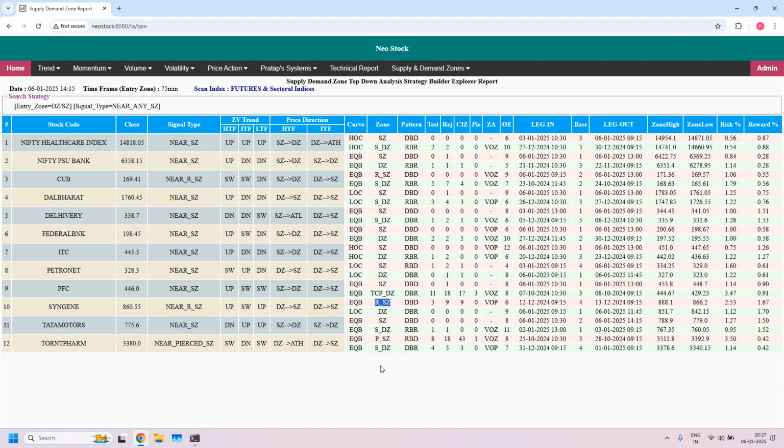We have 2 high liquidity 75 minute supply zones. Syngin already gave 15 minutes entry for short-term investors. That is what we discussed in today's HLQ analysis. Hopefully tomorrow it will reach this target. Okay, next